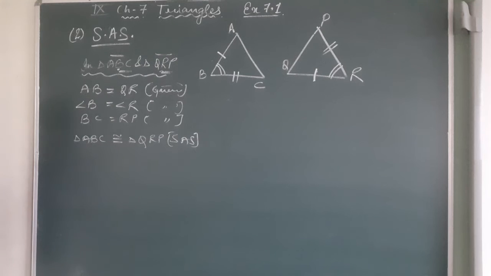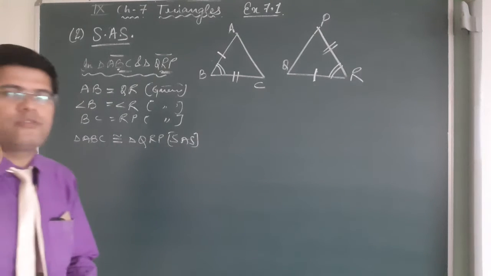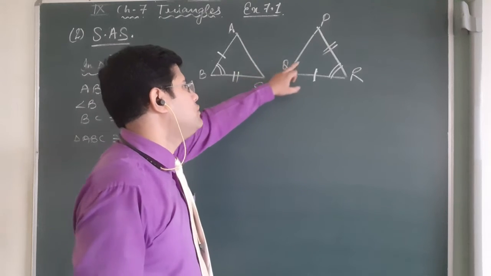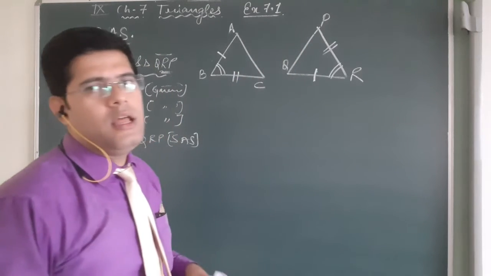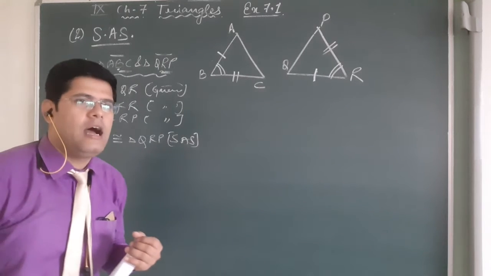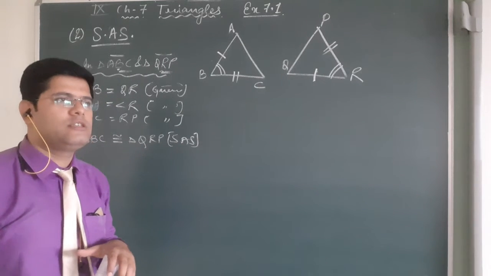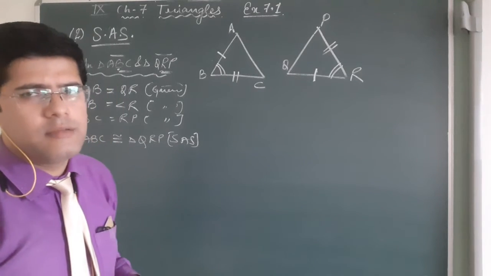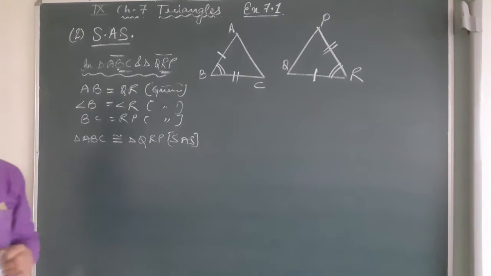And what about the remaining parts? How many parts are remaining? Three parts are remaining, two angles and one side. Those angles and sides are also equal by the property of CPCT. But in the first sum, I just told you about the property. In every sum, I am not going to tell the same property. If it is required, then I will do that in a sum. But before that, I just want to give you the rules, not the external properties.